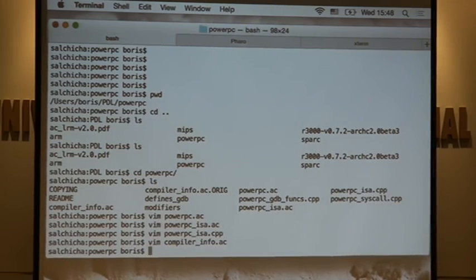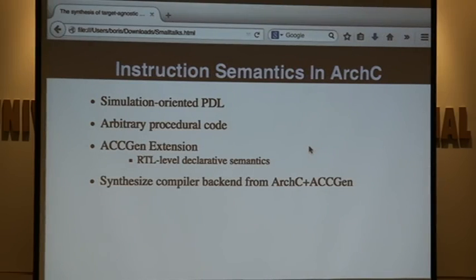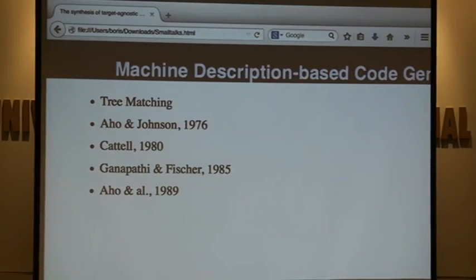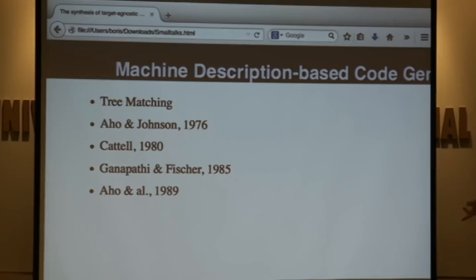Now, how do we get from here to generate code? Well, all of these things, they're fragments of the data transfer tree. So, you're matching.